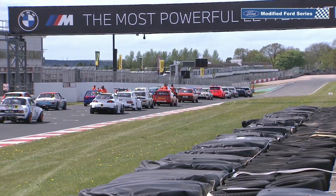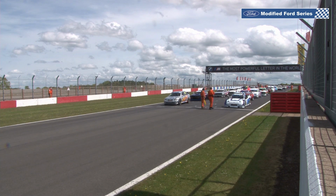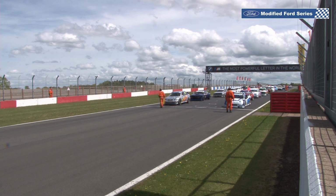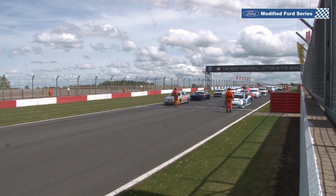is 25th on the grid in an Escort Mark 1, and then the Ford ST150 of Tim Sandu is alongside him on the 13th row, car number 12. Row 14 for number 94, Mac McCarthy, Dr. Evil as he's affectionately known, I believe, in his Ford Fiesta ST150, making a return to racing again these days, Matt McCarthy, and alongside him Kevin Hadfield in another one of those Ford Pumas. Then you've got Andy Pipe in the number 38 Ford Escort Mark 1 and Dominic Ryan in a Fiesta Mark